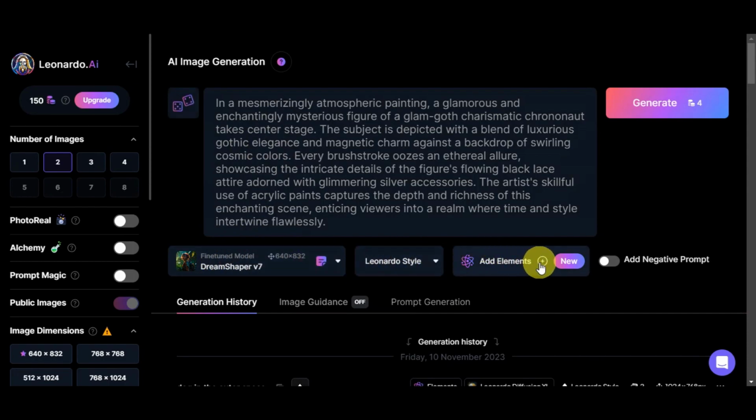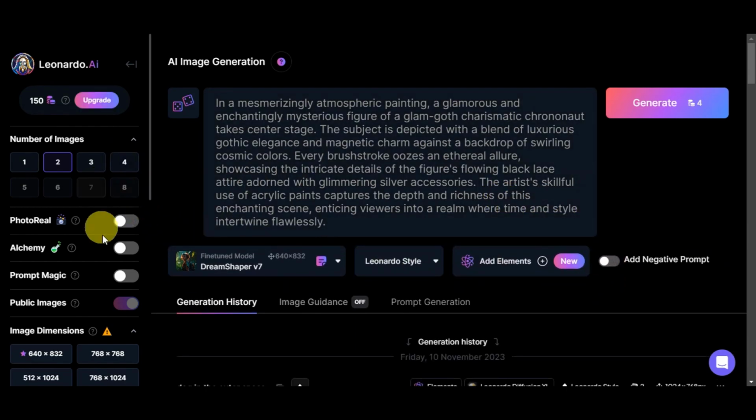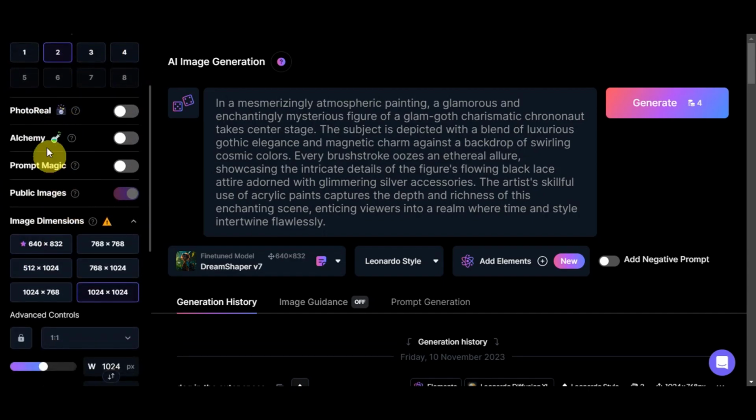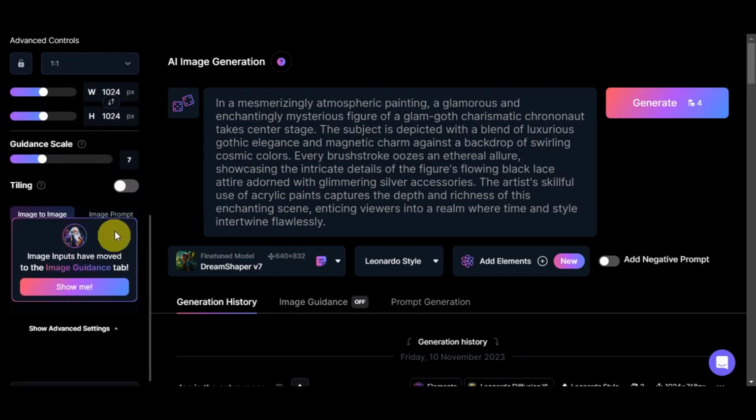You could also add in some elements, which is a new feature in Leonardo AI to influence your generation as well, and the negative prompt, or the things that you don't want to see in your generation. So you could add something for that one. Here on the left side, you could see already the tokens again and the number of images. You could adjust that. Some of the features like Photo Real, Alchemy, Prompt Magic, and the image dimension. You could adjust the image dimension, some advanced controls in here like the ratio, the guidance scale, and